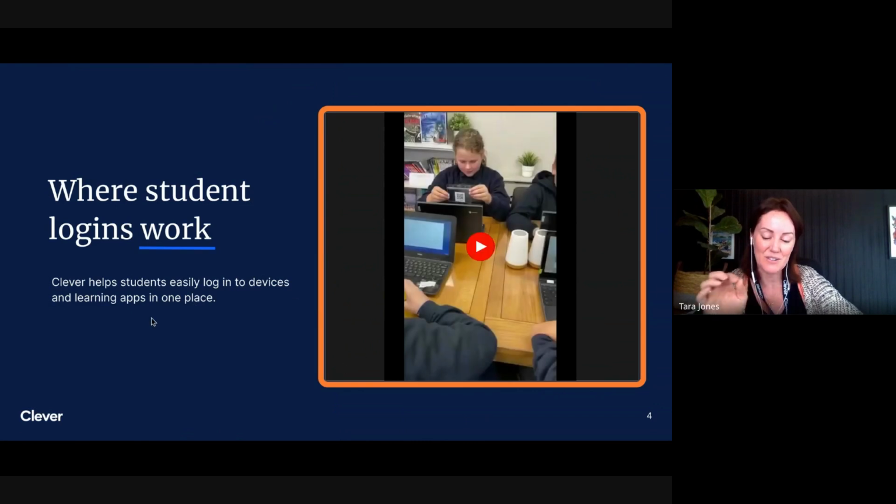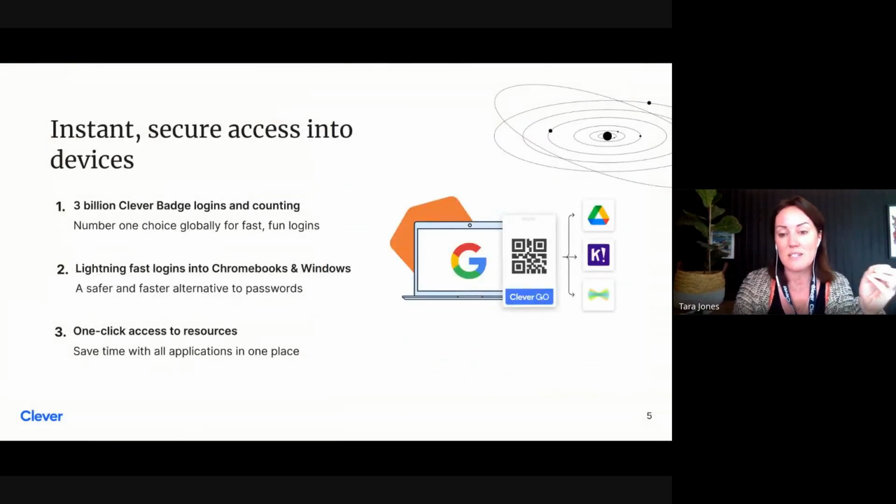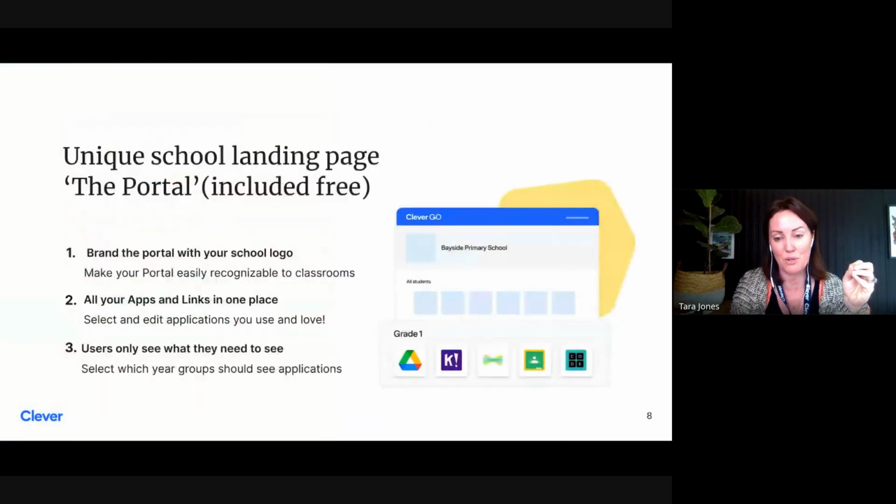So you can kind of see on the screen there was the camera. I'll show you that in a moment, and that's what will sit on top. Pete will explain the technical requirements in Google Admin, but it means that we can have this instant access to devices, and then beyond using the badge to get into the Chromebook, I'll just skip through here to what we